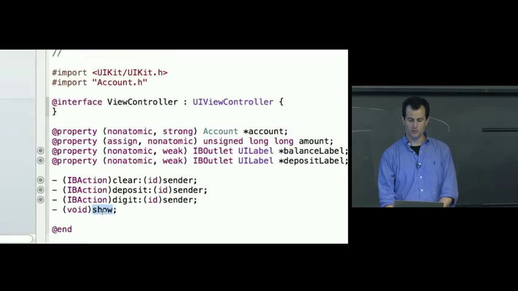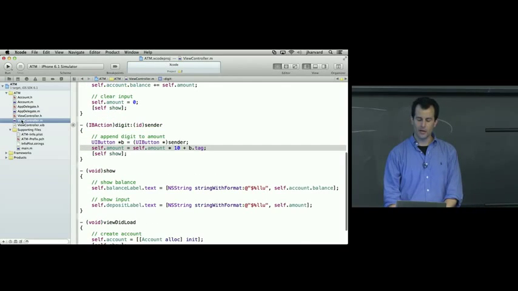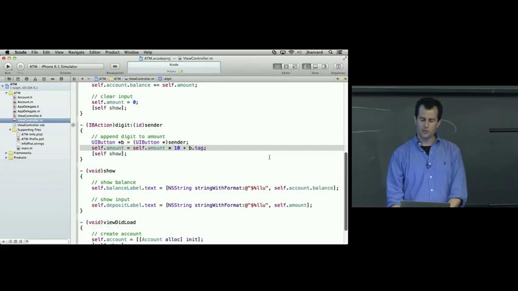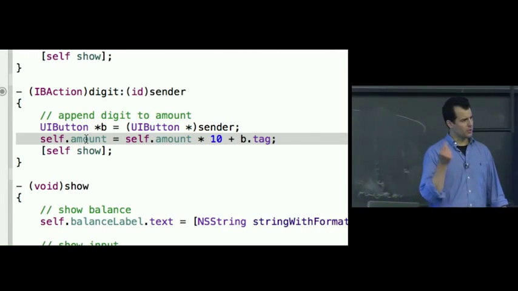So account, to be clear, is a pointer to an account object. So now we go back to the .m file. And now in digit, what am I doing? I'm storing self.amount, which was another unsigned long